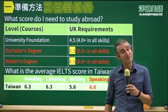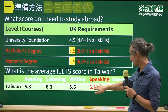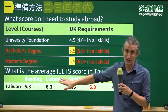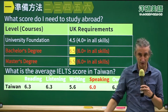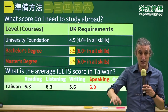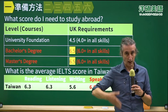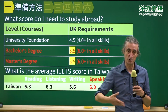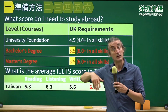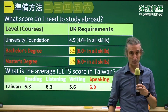So ideally what you should be doing is aiming for about 6.5 in speaking. Also, you really should be looking for 6.5 in listening. You need to be better than most other students. It's important that you get as high as you can, because it's actually pretty hard to get a high score